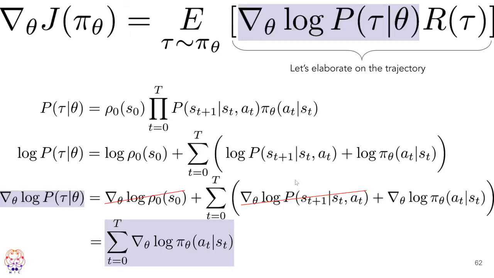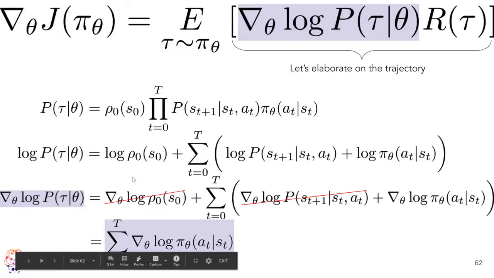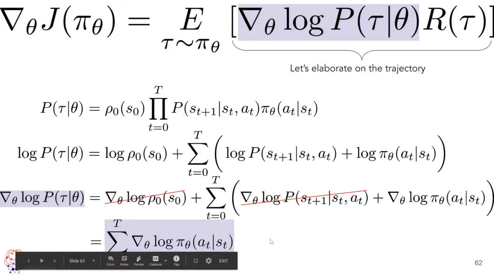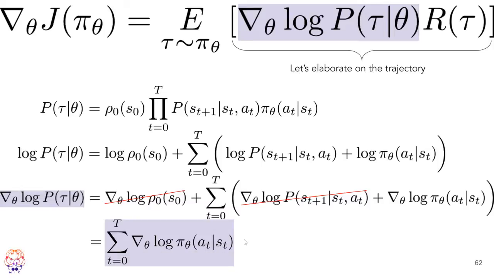All right, so what we're doing here now is we're saying, what if we take the log of the probability, and then this turns into a sum instead? And then what if we take the gradient of the probability and say that's equal to this equation? And then we turn basically a gradient into our new equation here in terms of the policy.